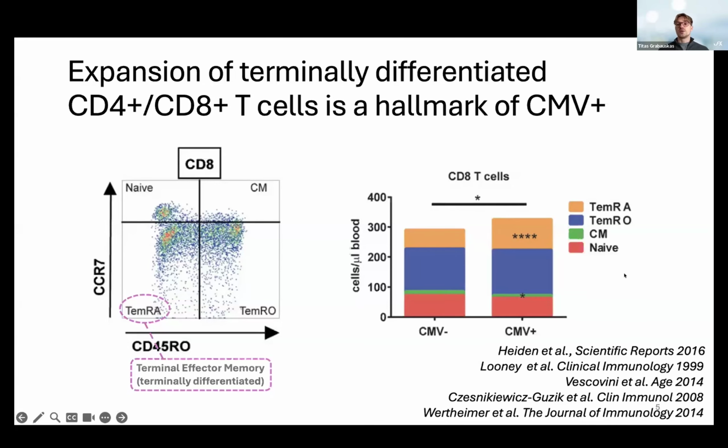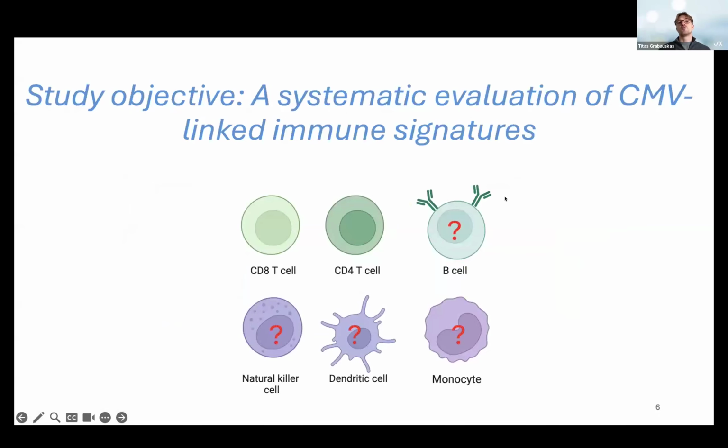But of course, we understand that the blood is rich with immune cells other than T cells as well. To that end, the overall study objective that we set out to conduct was a systematic evaluation of CMV linked immune signatures. While the CD8 and CD4 T cells have been studied pretty well at the protein level, we wanted to simultaneously look at the B cells, the monocytes, dendritic cells, and natural killer cells